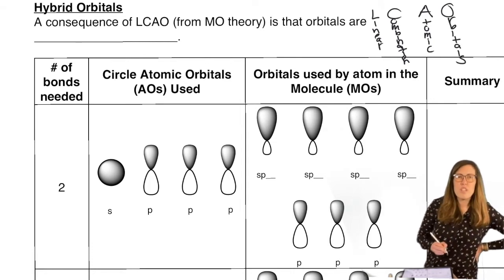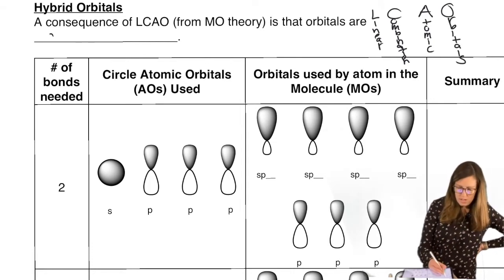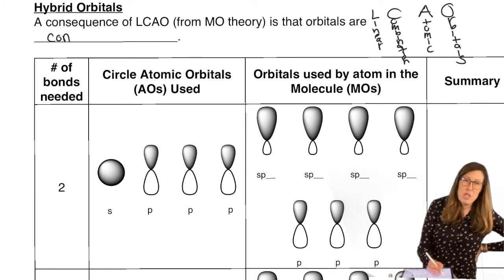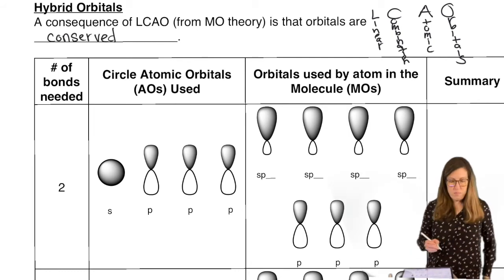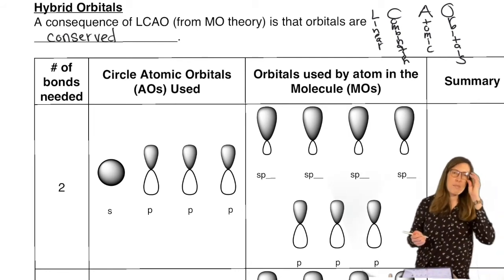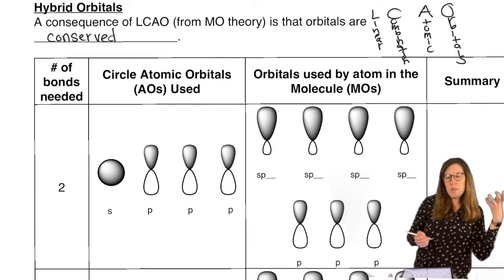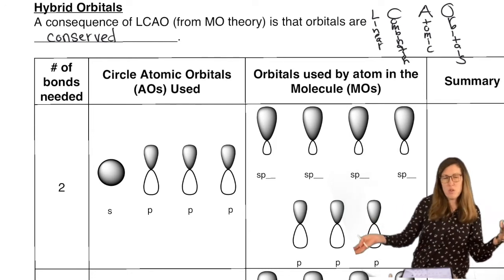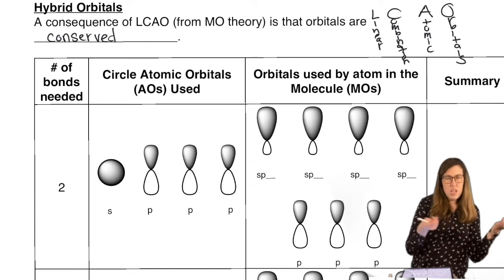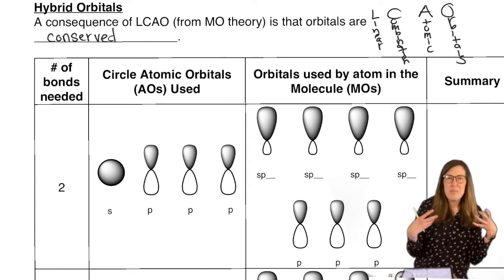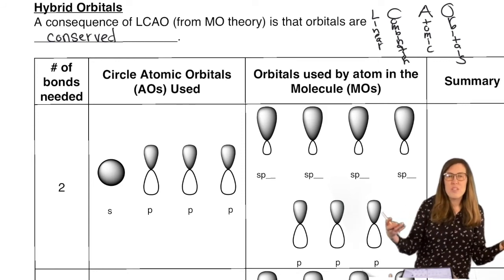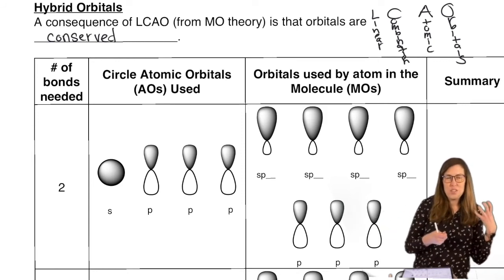It means orbitals are conserved. No matter how you mix and match them for the purposes of hybridization, you don't lose any of them. They're conserved. So in other words, if you say I'm starting with an s and I'm going to make some more bonds, and so that means I'm going to need more orbitals, so I'm going to take a p. You don't get one big fat giant orbital. You get the same number of orbitals you took. So you took an s, you took a p, you get 2 sp.